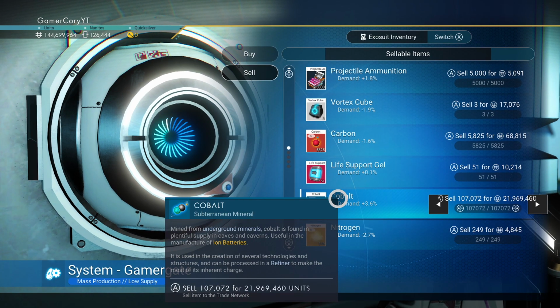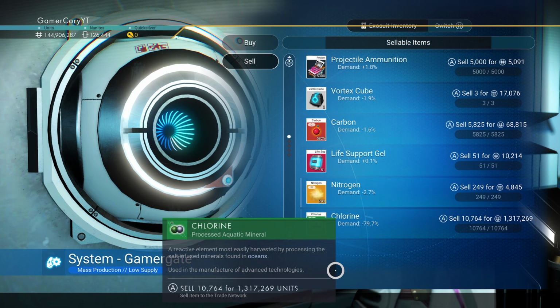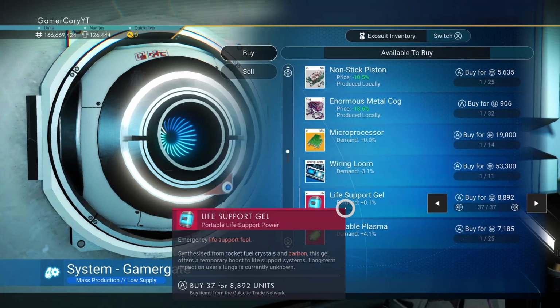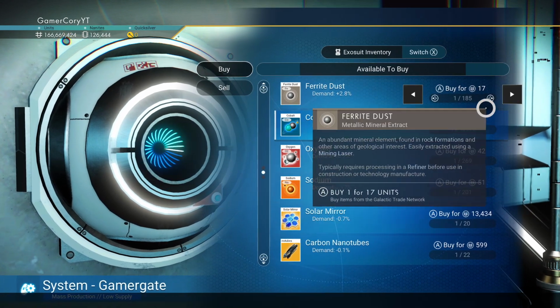And you can see that we're going to sell 107,072 for basically $22 million. So I'm just going to sell all of it because I really don't need it. Okay, so we sold it all. We're going to crash the market, but we're going to go ahead and buy it back, and you're going to see that the demand has gone down, but you can see that they now have